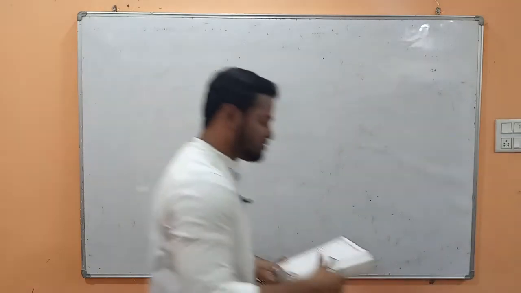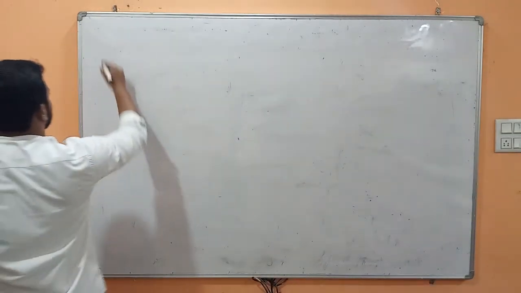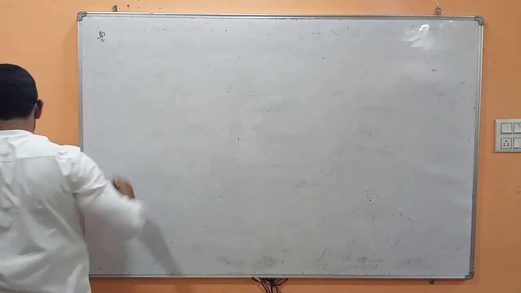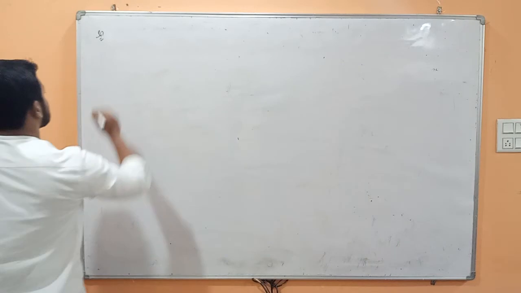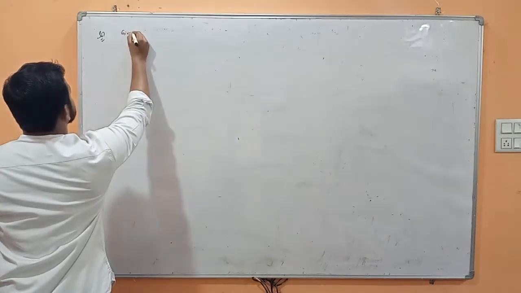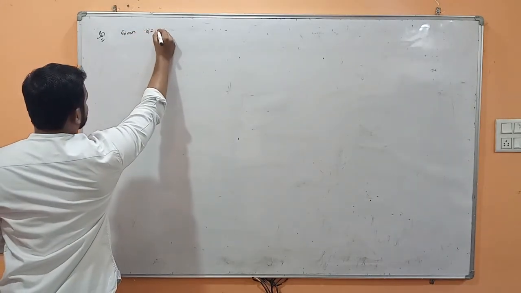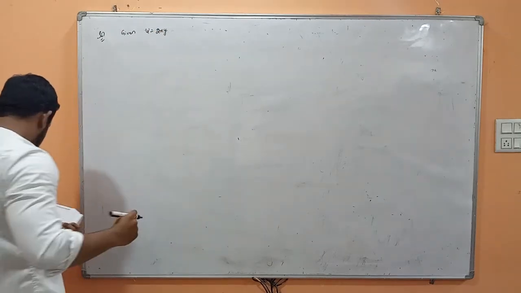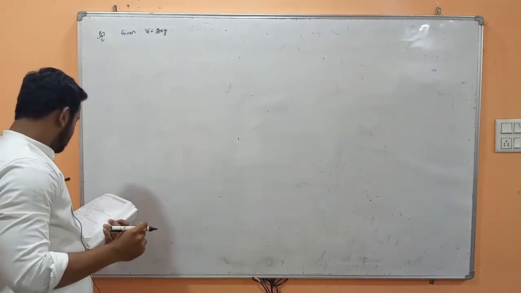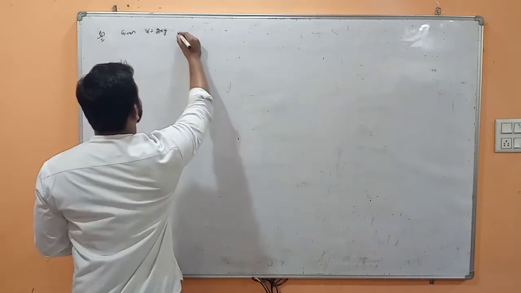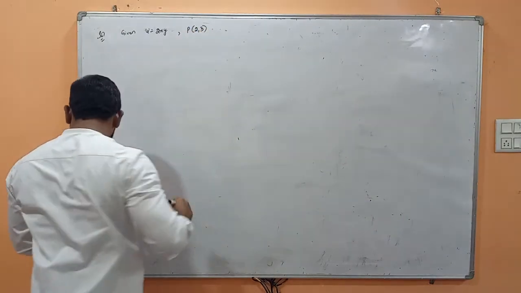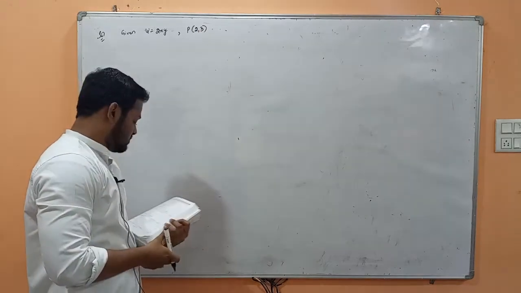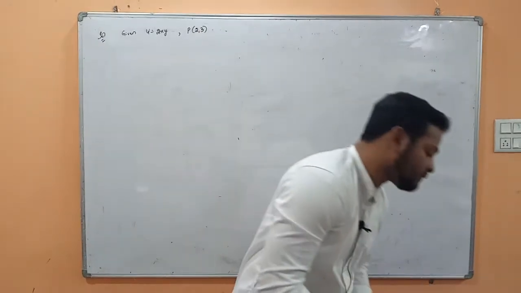Okay, so the next question is: the stream function for a two-dimensional flow is given by, I am just writing down the given data. This question is on page number 187. So the stream function has been given in the question: given psi is equal to 2xy. Calculate the velocity at point P 2 comma 3, and this point P 2 comma 3 is given in the question. You have to find out the velocity potential function and velocity.